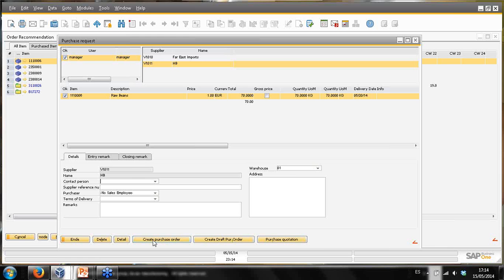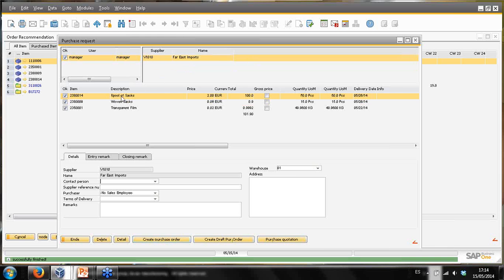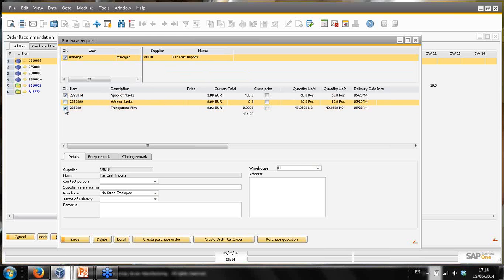If I click on create purchase order, then the purchase order for raw beans and HB supplier will be created. And for those that are marked, you can keep some items not marked, then this purchase order will be created. Of course, if you say here, don't forget the woven sacks, okay, and then now I create a purchase order. We will see